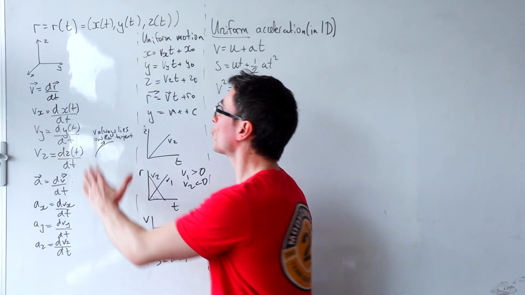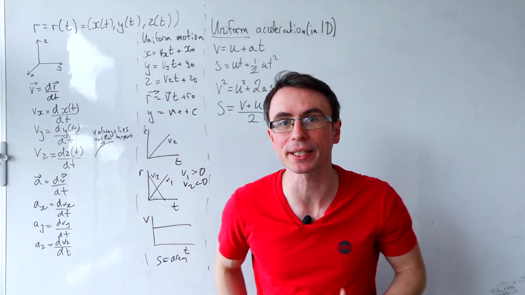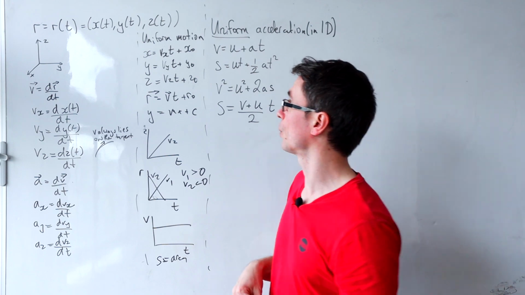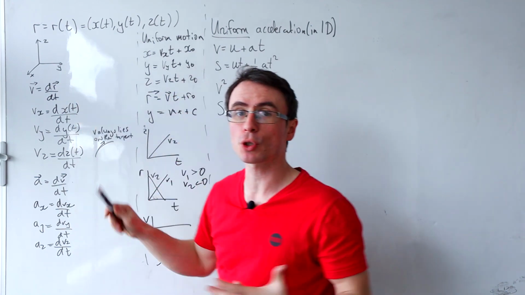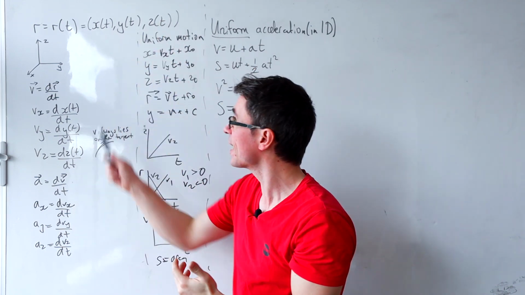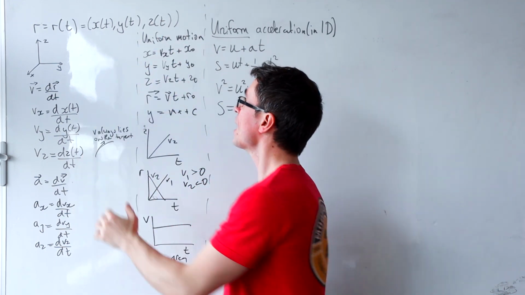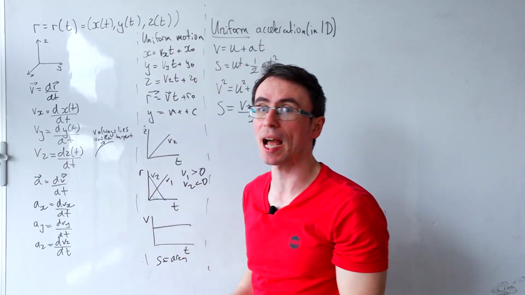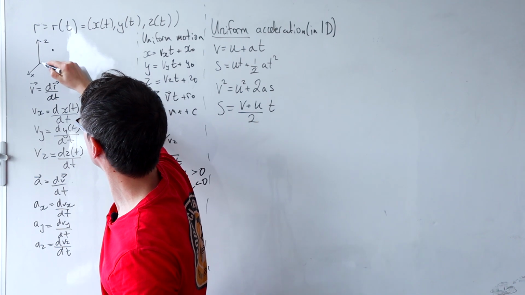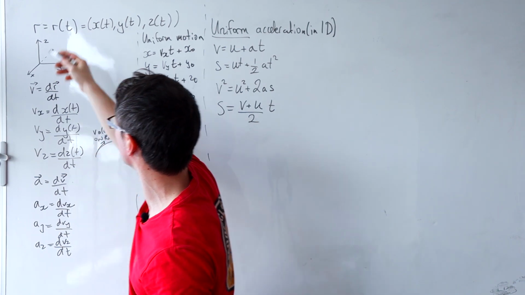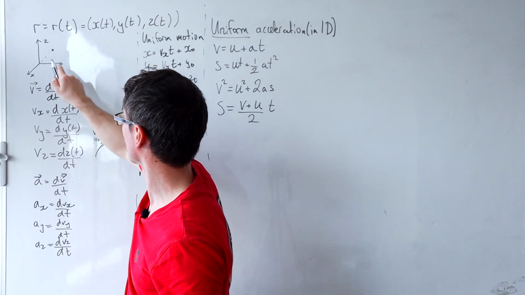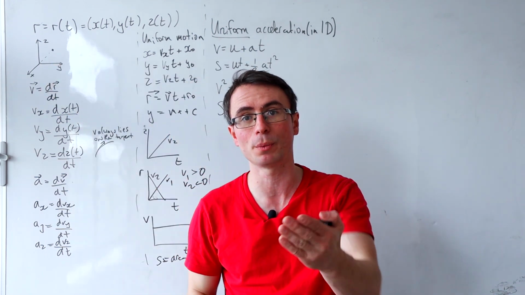The first thing to look at is the displacement vector. In physics Olympiads, often you'll be dealing with 2 or 3 dimensions. The displacement vector, in this case we've just called it R, can have components X, Y, and Z in each of the 3 dimensions. These can often depend on time as well. For instance, if I had a particle here, this could have its displacement from the origin being a certain value up the Z coordinate, in this case it lies on the Y coordinate, and a certain displacement from the X